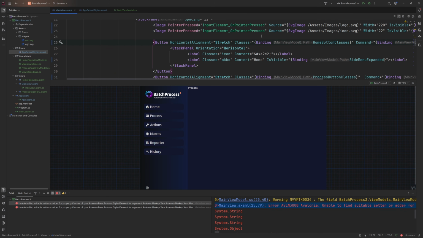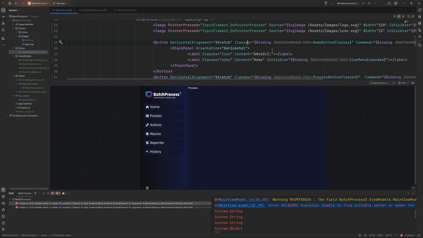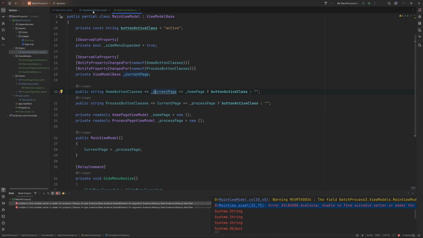And it's these bindings. Oh yeah, of course, classes is an array. So this makes it a lot easier actually. I forgot all about this. So the classes can be just dot and then the name of the class you want. So we can just do class.active. And then we can now bind it to a specific thing. So all we actually need to do, and this is actually a bit cleaner as well than doing the classes, you can just do home